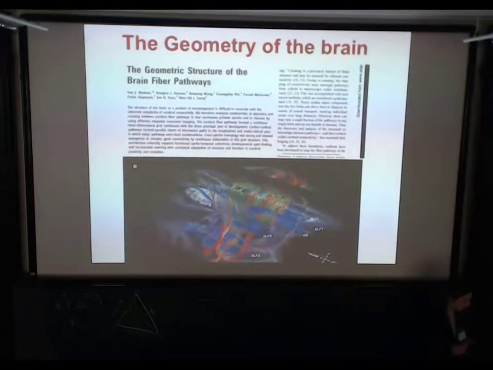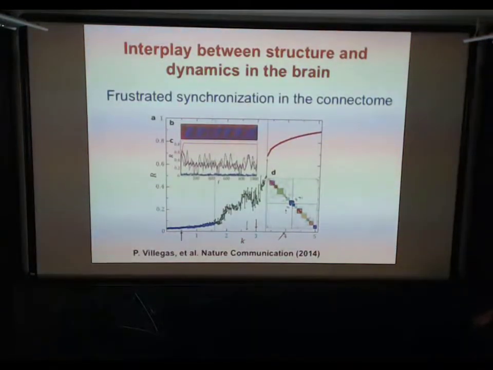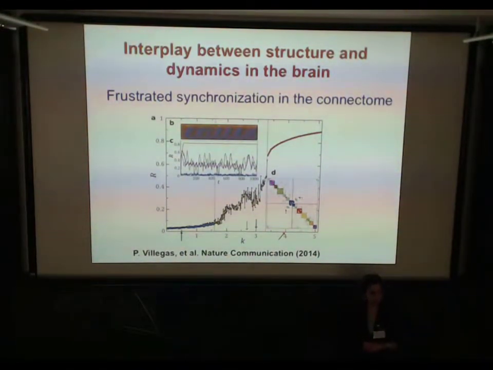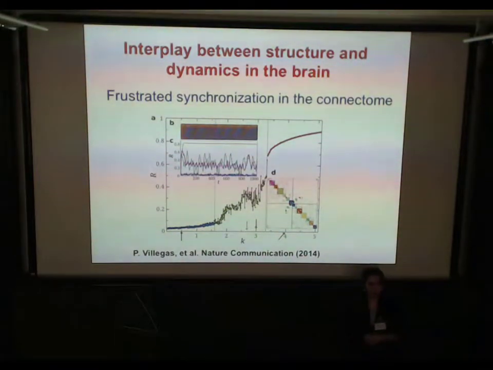For instance, there are papers published like this in which the importance of the geometric structure of brain fibers has been stressed. And actually, this is also related to the fact that it might be, this is not conclusive, it's just a slide that I put there to show that this is a scientific debate. It might be that the structure of the network going behind the universality property is important to understand dynamics.